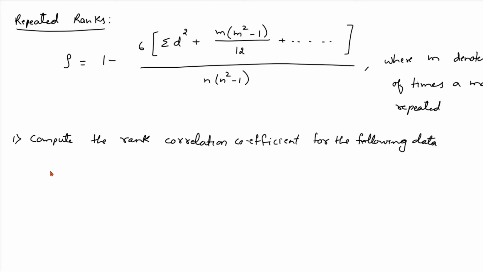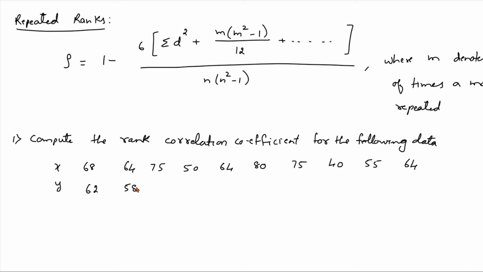Take down the values of x and y. The values of x are 68, 64, 75, 50, 64, 80, 75, 40, 55, 64. Values of y are 62,